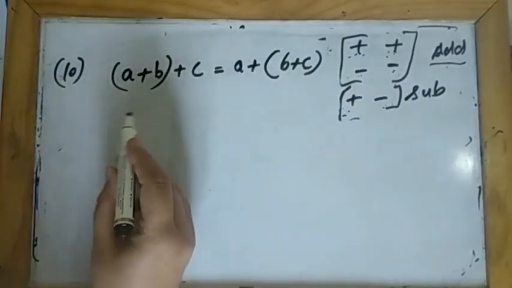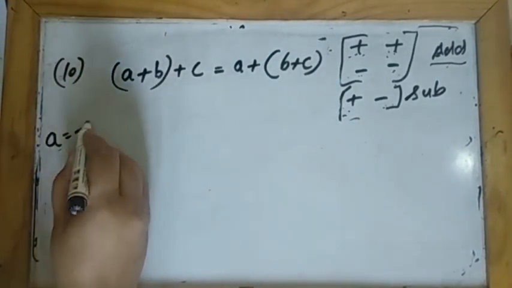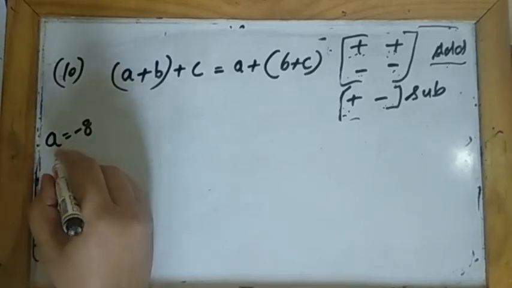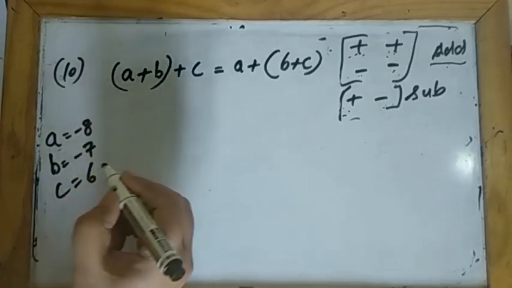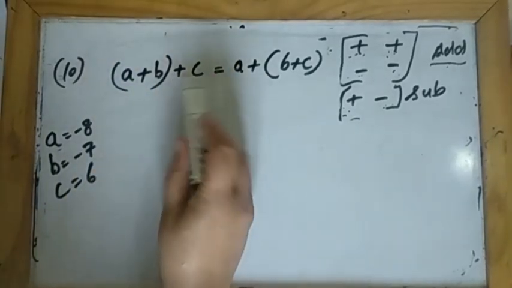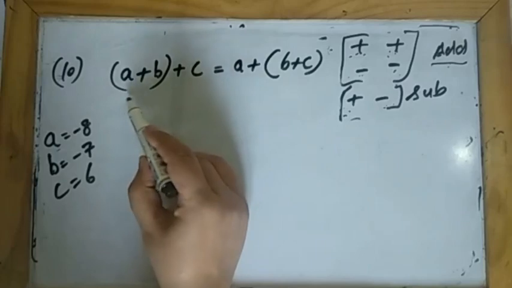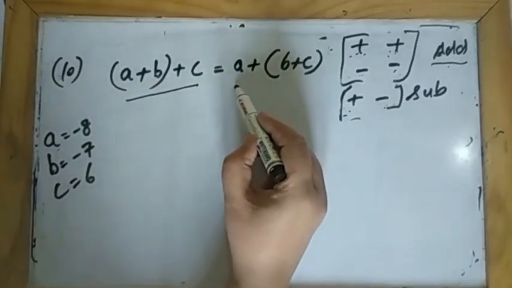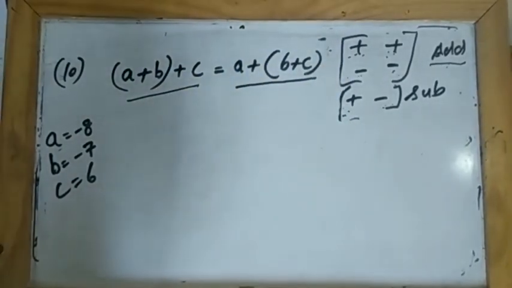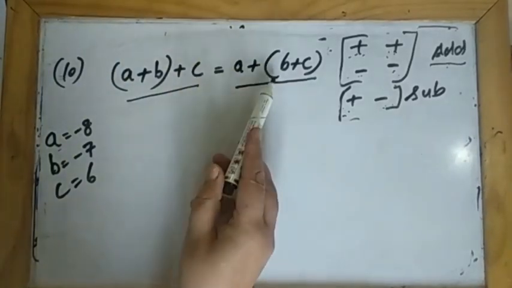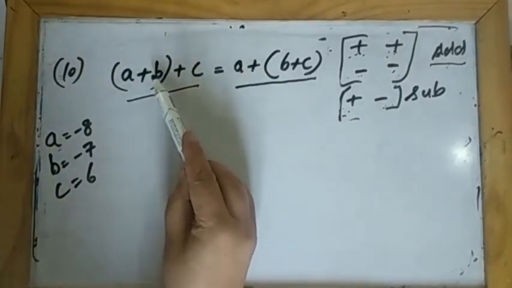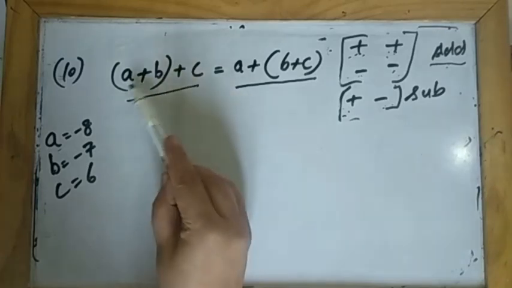And they are saying that A is equal to minus 8 and B is equal to minus 7 and C is equal to 6, and you have to verify whether these two are equal or no. Now if you remember, this is the associative property of addition. We have learned in the previous class about the properties. So this is associative property of addition, which says if you have to add three numbers, A plus B plus